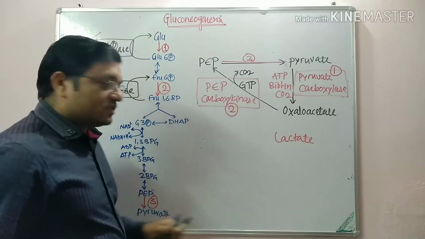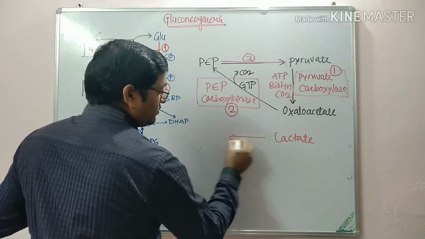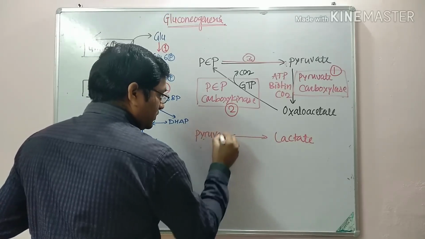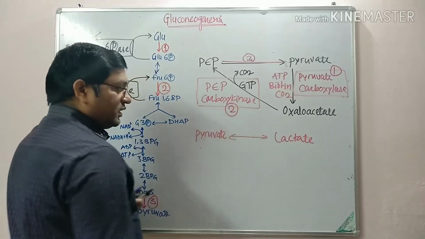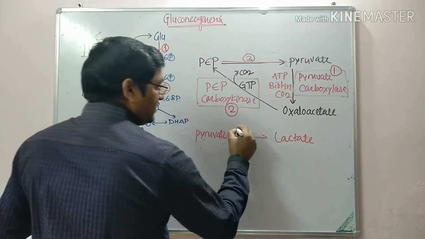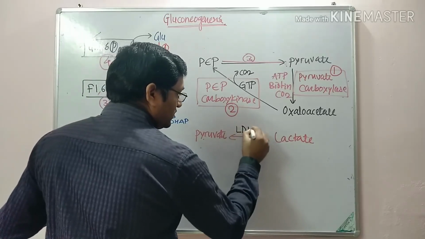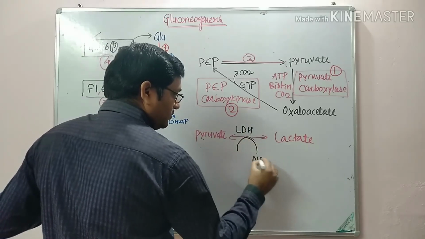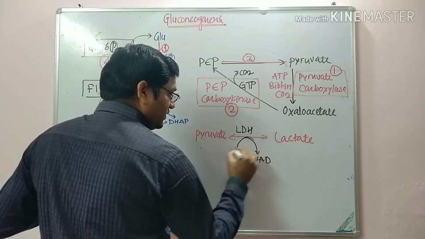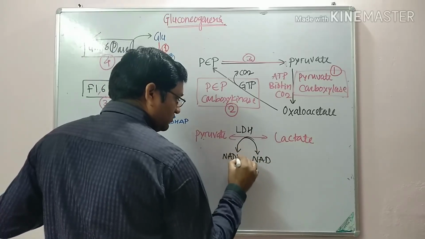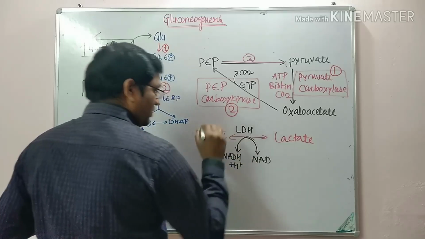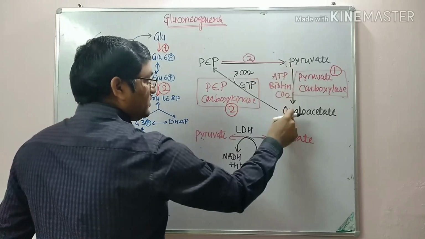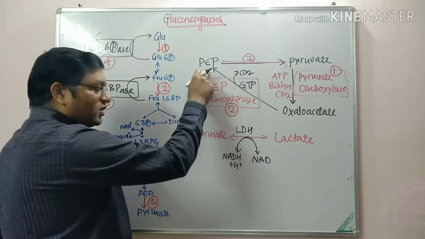This lactate is converted into the pyruvate with the help of a reversible reaction. The enzyme required for this step is lactate dehydrogenase. In this step, NAD is converted into NADH, and this pyruvate is then converted into oxaloacetate. Oxaloacetate is converted into phosphoenol pyruvate,